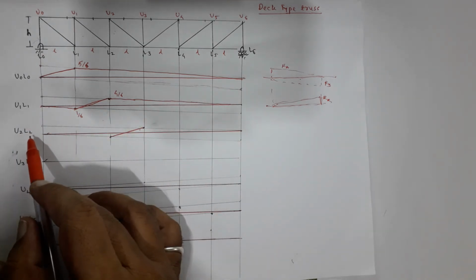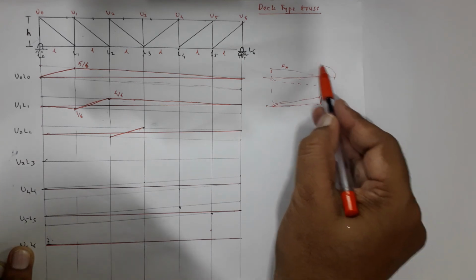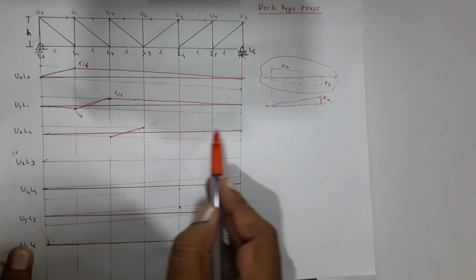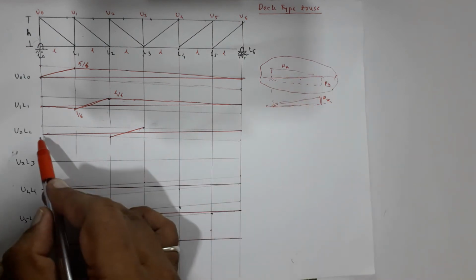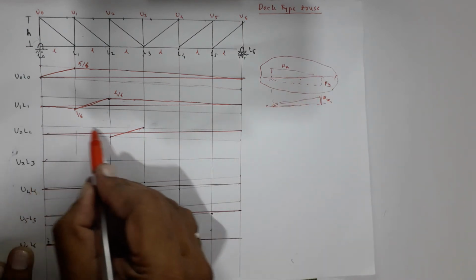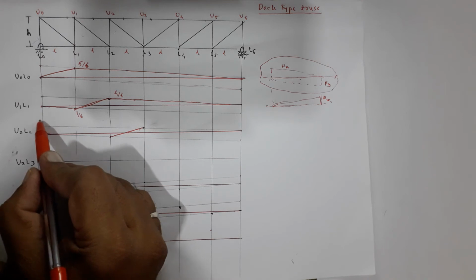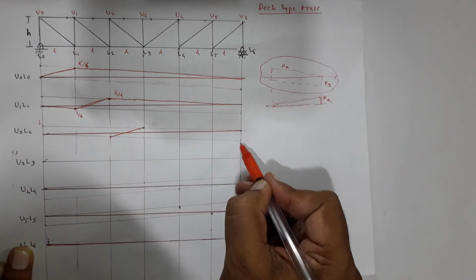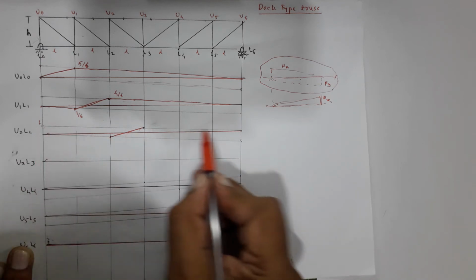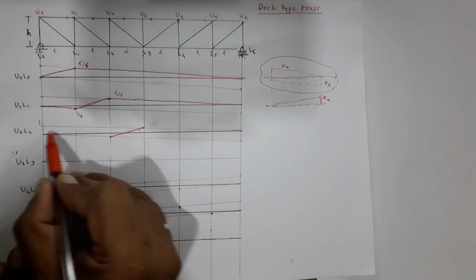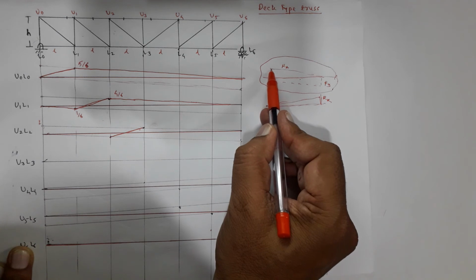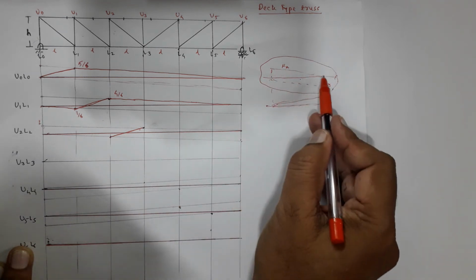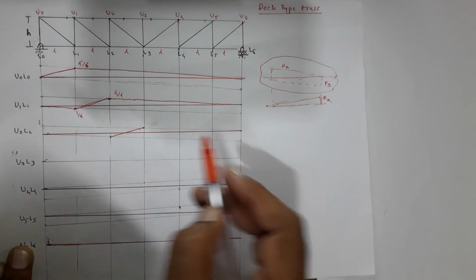Now ILD for U2 L2, again you will have to go for this type. Draw ILD for RA on the above side of this baseline. So I have drawn it. Suppose this ordinate is 1, and for RB I have plotted it below 1. So I have joined these 2 points. So these are 2 parallel lines which are actually the ILDs for RA and RB respectively, with RA drawn on the same side and RB drawn on the opposite side.